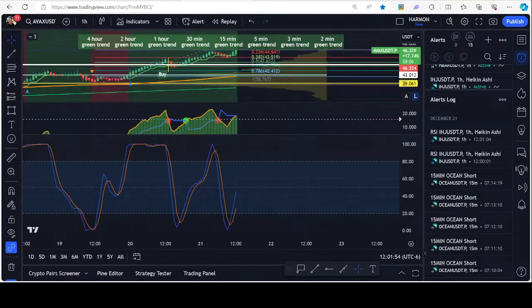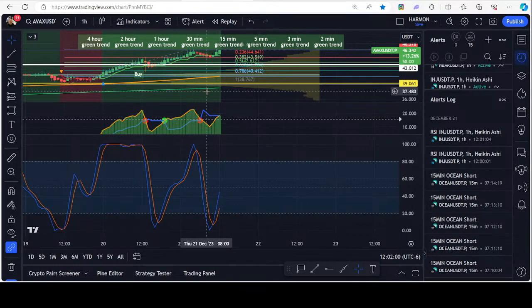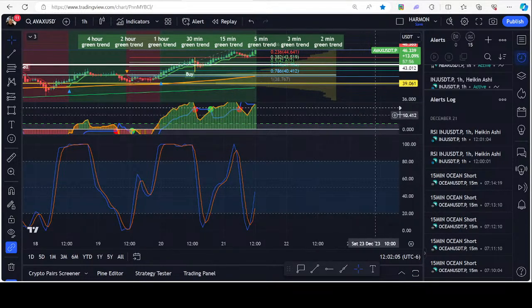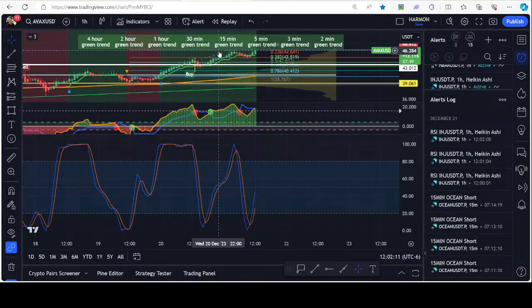So AVAX in that same situation, 1 hour moon, RSI, we get our move. This actually looks good. Now this one is a little bit different because you have 2 moon resets, right? A moon reset is the trend is already the color and it's about to go back to that color, right? So moon trend, there was our pump on our 1 hour, and